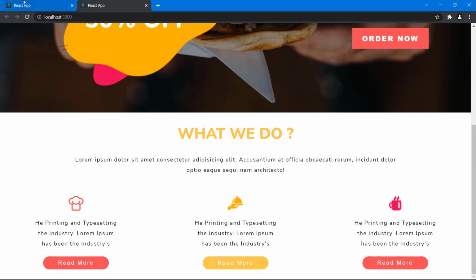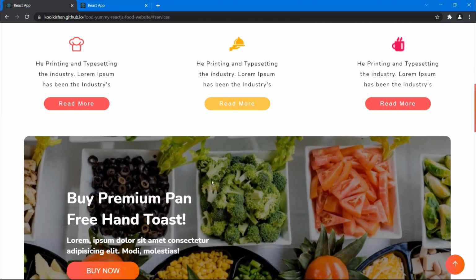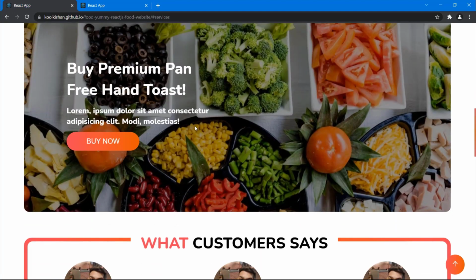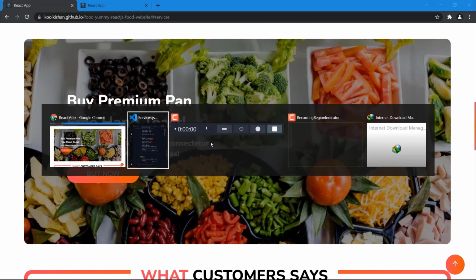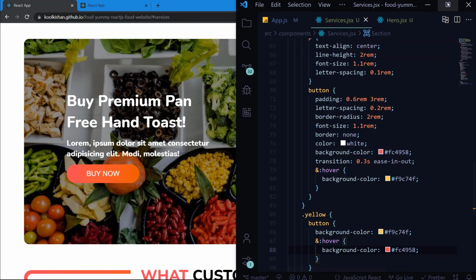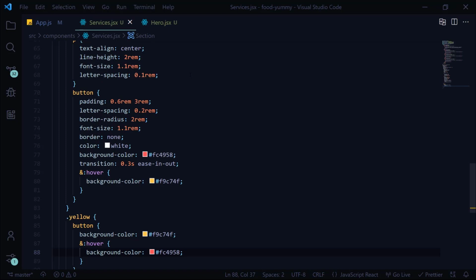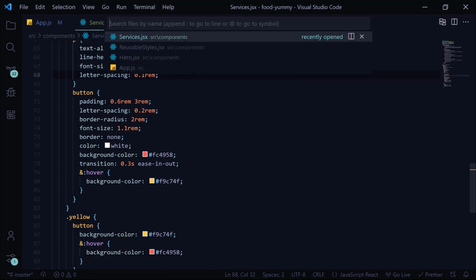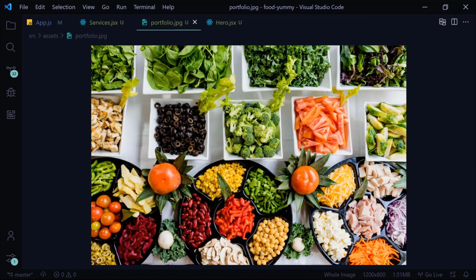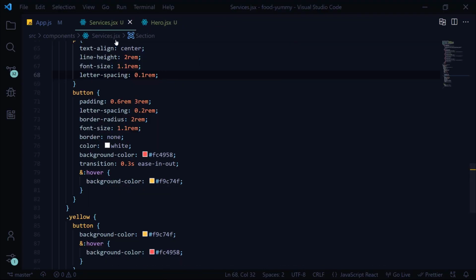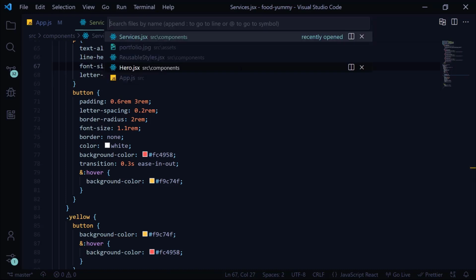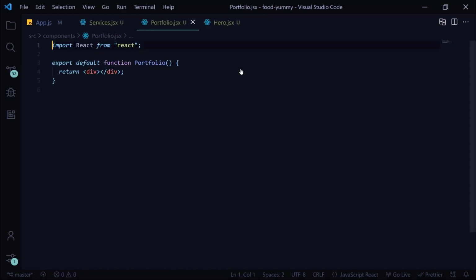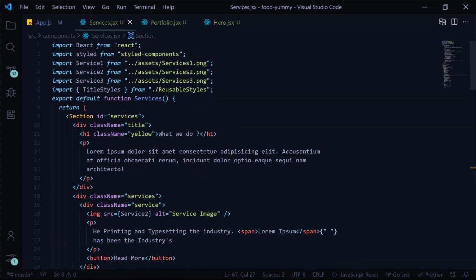Now we have this portfolio section. Let's create that and style that. So now head over to portfolio.jsx by pressing Control P and typing portfolio.jsx. Not portfolio.jpg, we need portfolio.jsx. Yeah, this file. So first we will import the style from style components. Let me copy this from the services file,